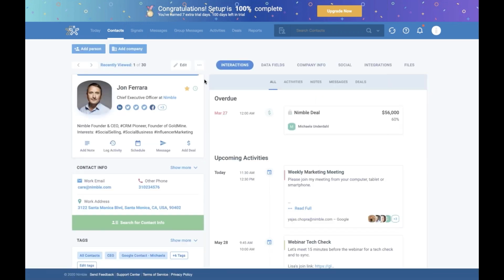I also want to show you what a contact record looks like in Nimble. So on the left side of a contact record, you will be able to see the first name and the last name of the person, their title, the company they work for. You can mark them as important, set up a stay in touch reminder, including a custom one. You can review their bio. You can create a note,